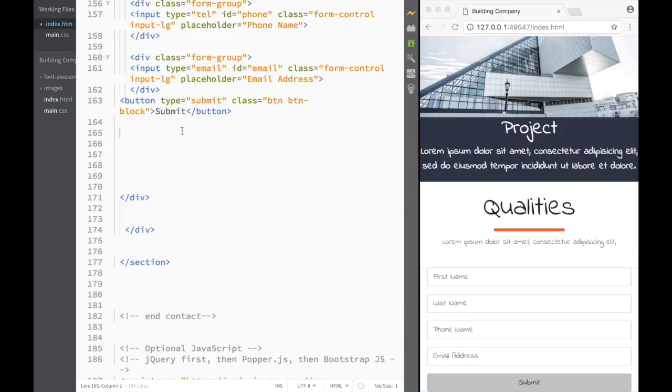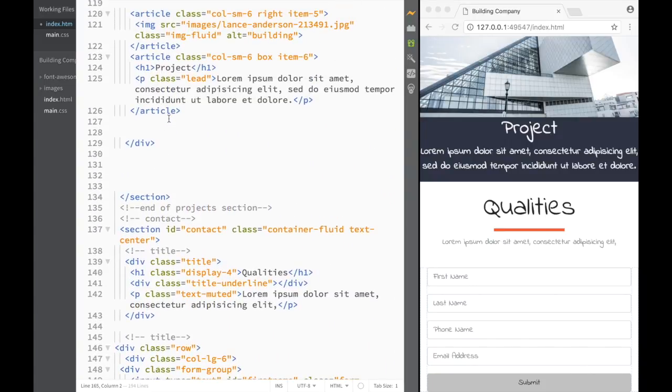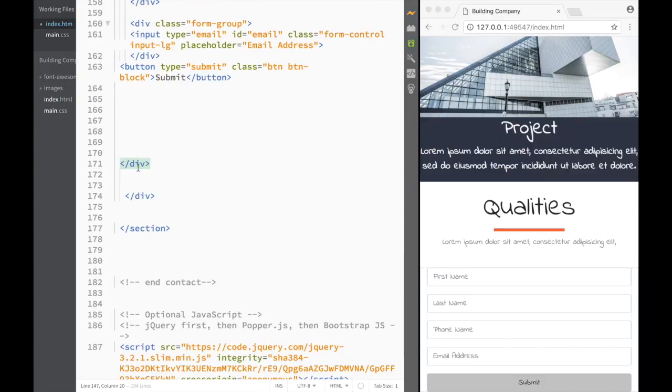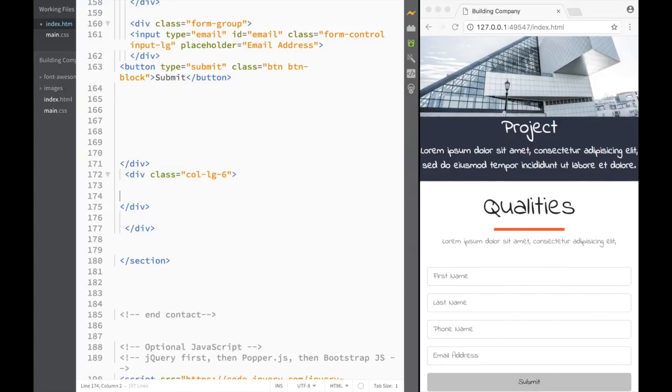So now we need to embed a video, right? So once we have this div, we just need to check where the row ends, right? So we have this one, so we can see that it ends over here, right? So right over here we can create div class column large 6, and now the magic starts to happen, right? First we're going to say div, and then we're going to have class, and over here the class is going to be embed, right? And then we're going to say responsive over here like this, and then we need to write again embed